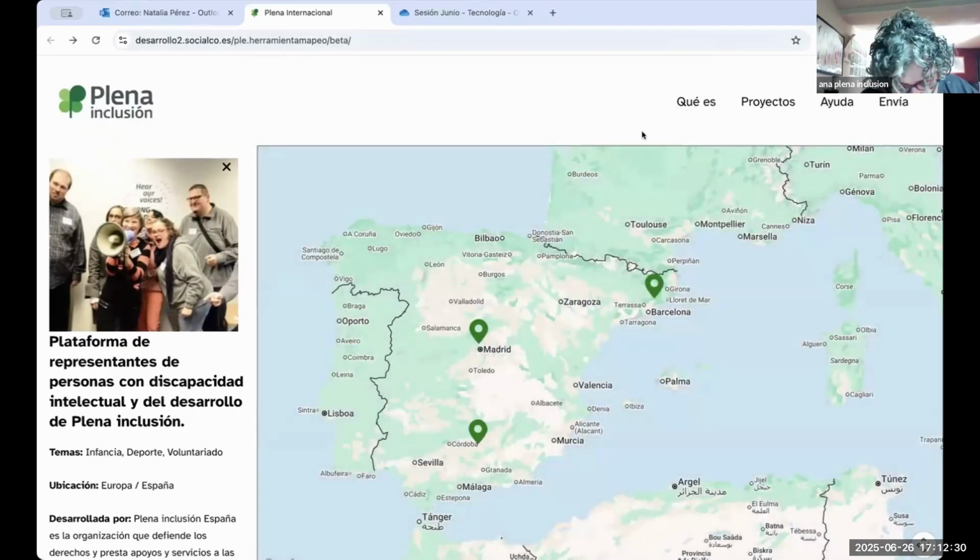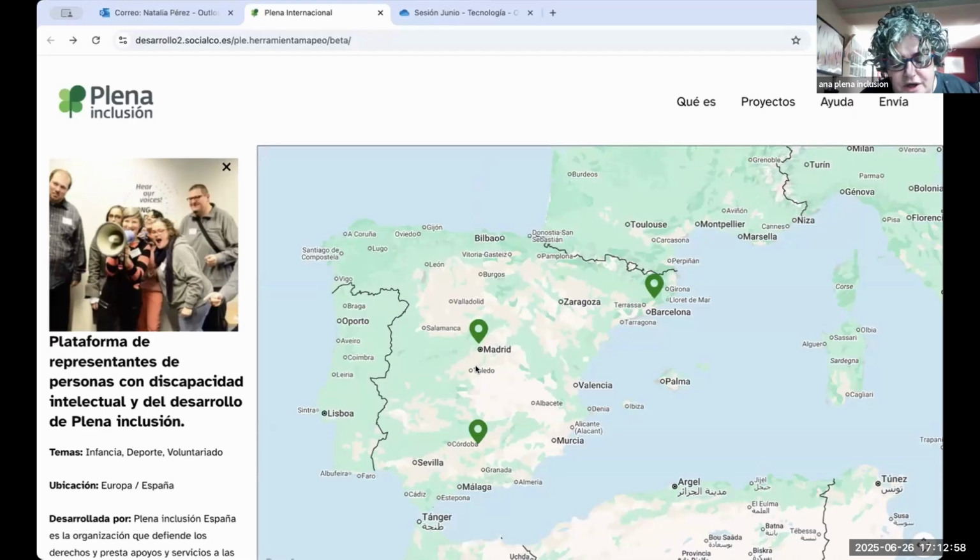Why are we telling you all about this? Because we want to create two groups of self-advocates to help us test the map. First of all, people who speak English as their first language, and second group, people who speak French as their first language. Each group will meet twice online, once in July and once in August. At these meetings, we will test the tools and check that it is easy to use.